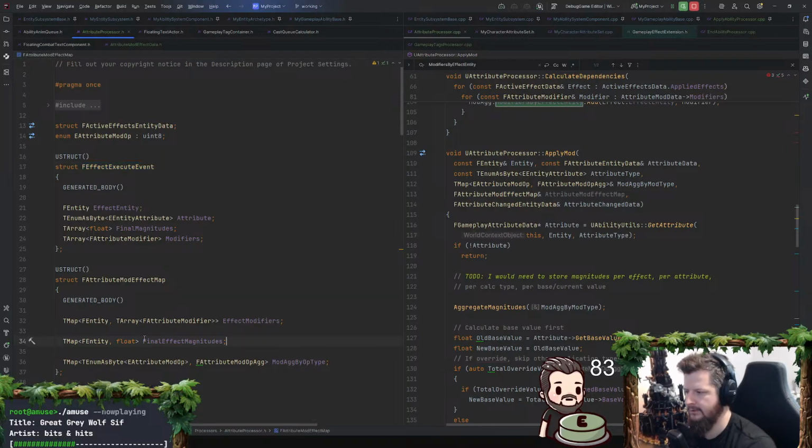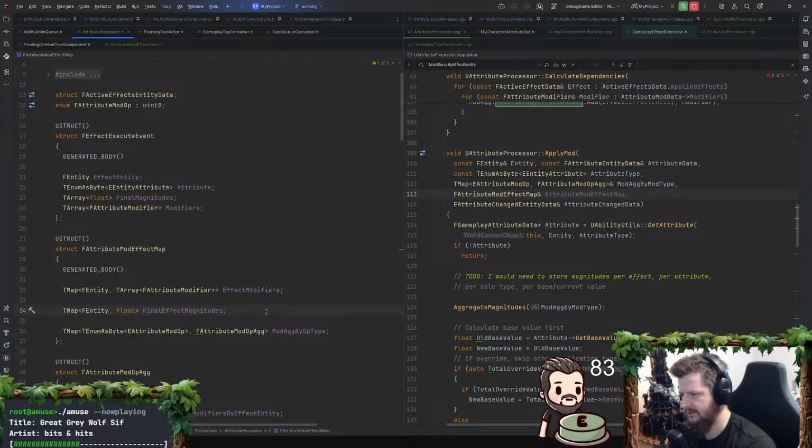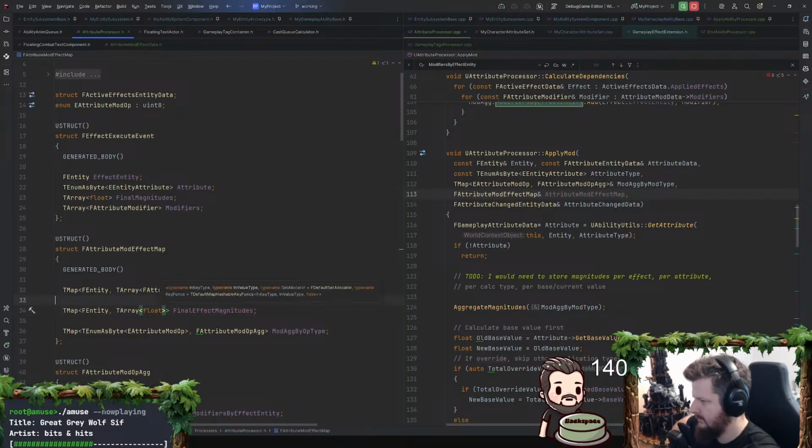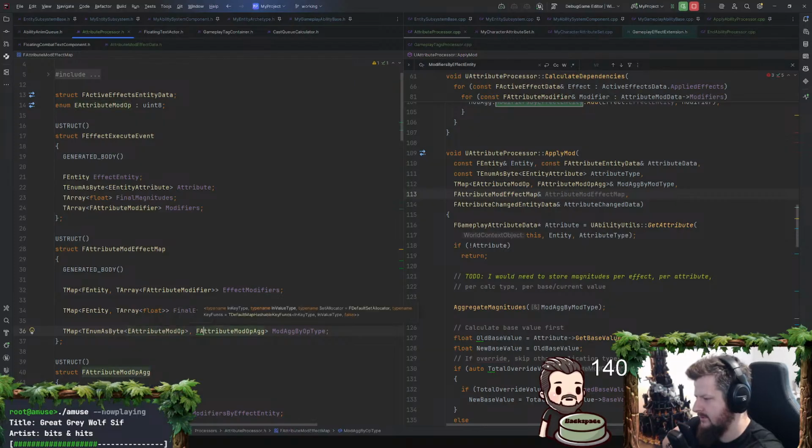But now I kind of know attribute mod effect map. So this would be the, I guess, yeah, we would just need to store the T array of floats here? And then what about the base and current value aggregations based on mod op? I mean, that goes there.